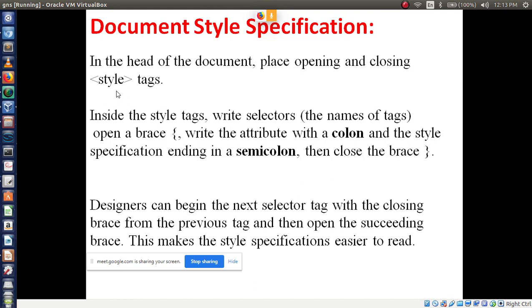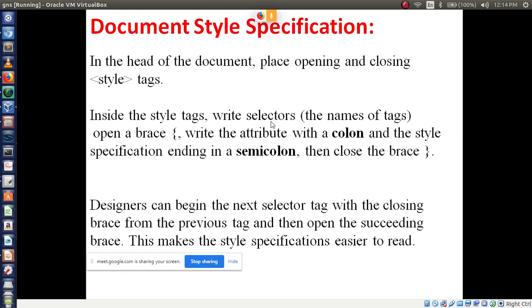So to apply document level style sheet, we have to use which tag? Style tag. Inside the style tag, write selectors. Remember this point, selectors means what tags you are using. In the previous example you used a p tag, right?